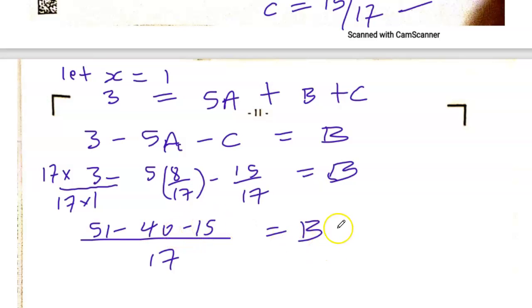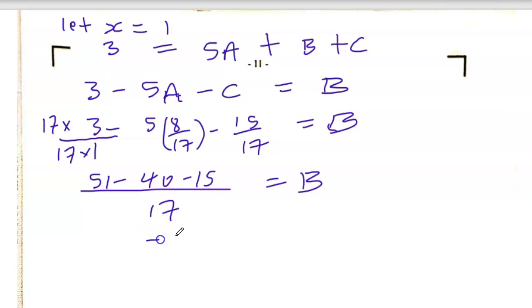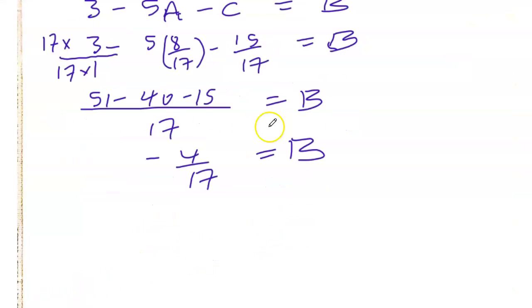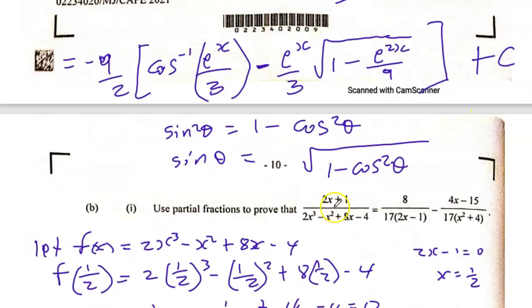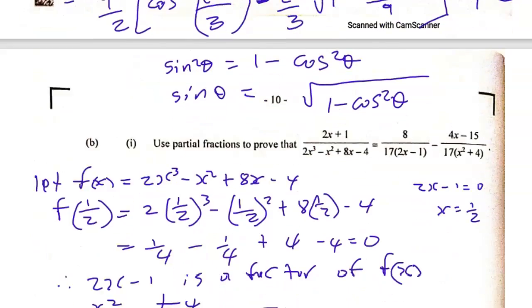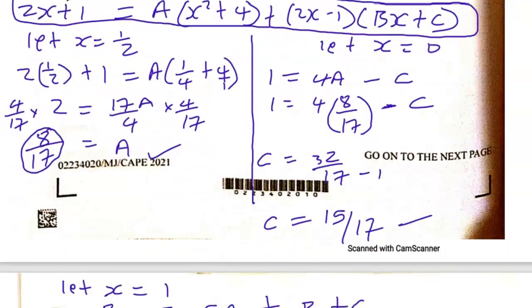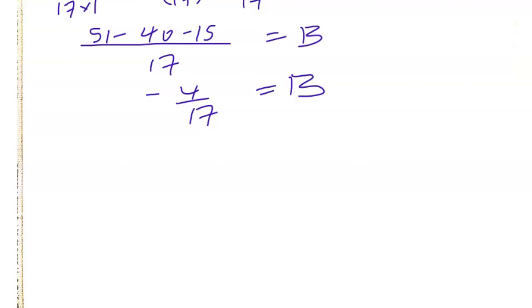So that's 51 minus 55. That's negative 4 over 17. So b is negative 4 over 17. Which means the proof is done. Alright, so this proof is done. So now we can write 2x plus 1. So now it means therefore. So therefore 2x plus 1 over